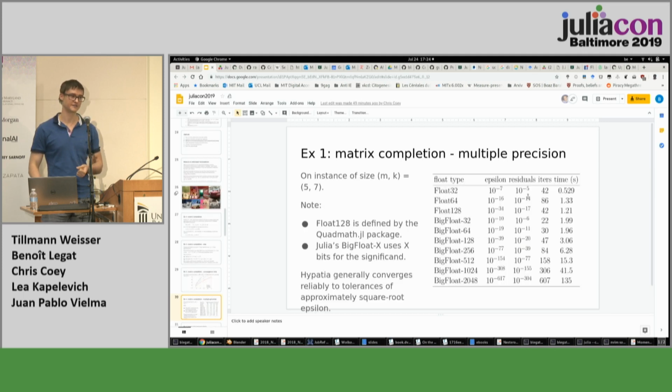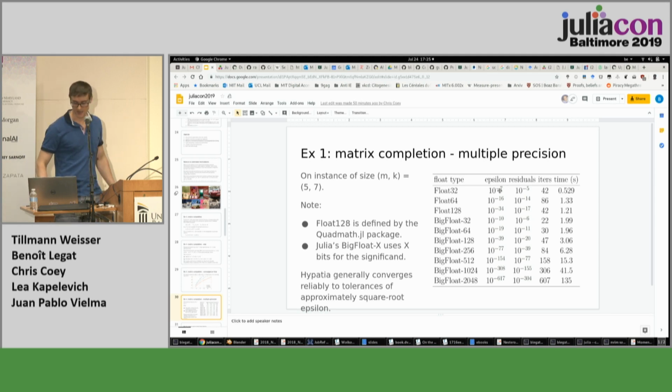So here's another interesting feature I'll show off. Multiple precision in Hypatia. So on a particular instance of size 5.7, which is small, we're going to try passing in the data to Hypatia in some different Julia float types. And see how far we can go, what residuals we can get on the certificates. So if you look over there,